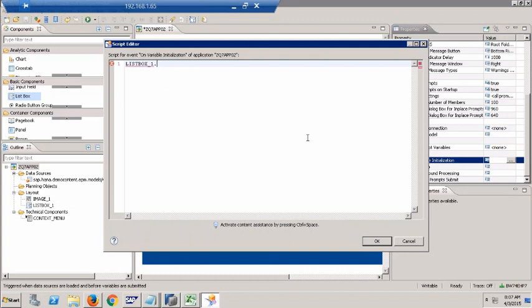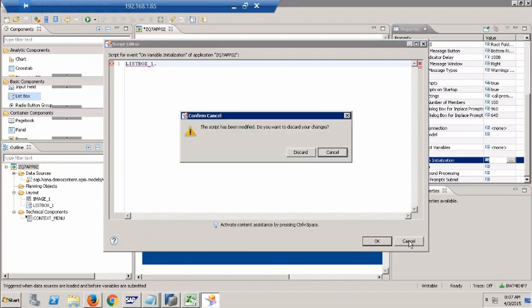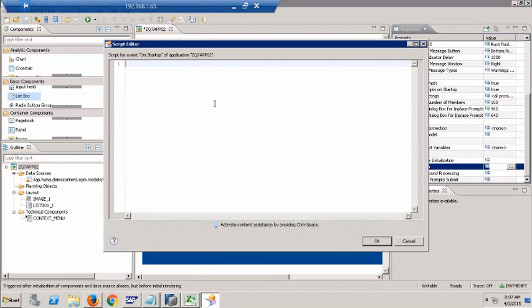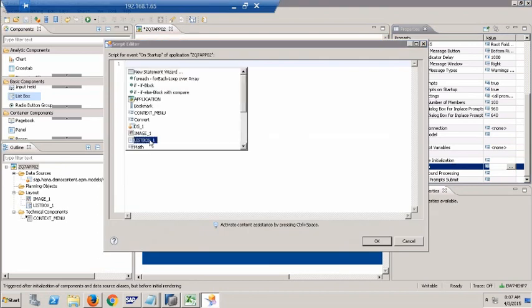Stuck it in Java. I'll write it down. Startup, control space,